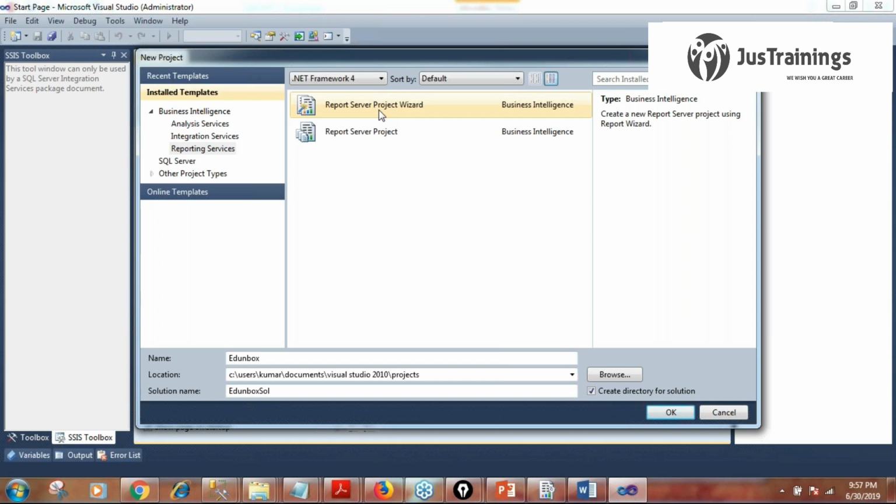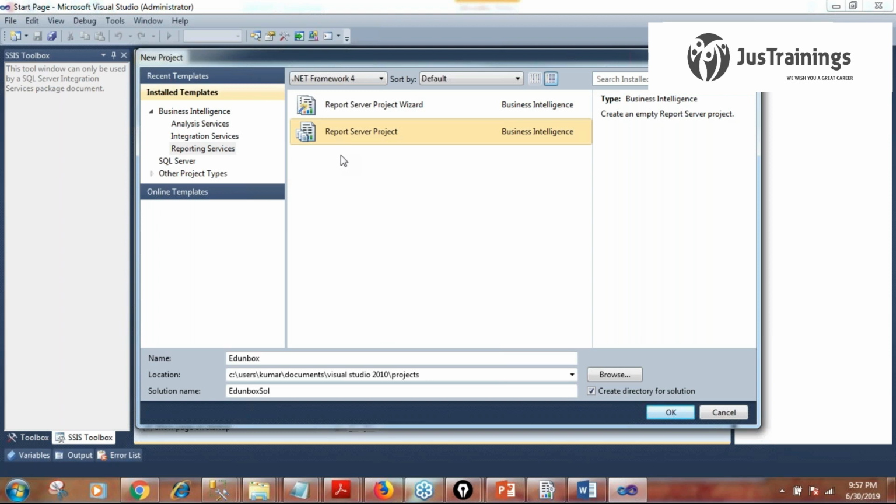You say next, and you select the options, and that is like a wizard. When it comes to the report server project, you'll have a lot of customization options where you can implement many other additional features. So ideally we prefer to go with the second option while creating SSRS reports. But for our sessions we'll also work with the report server project wizard.